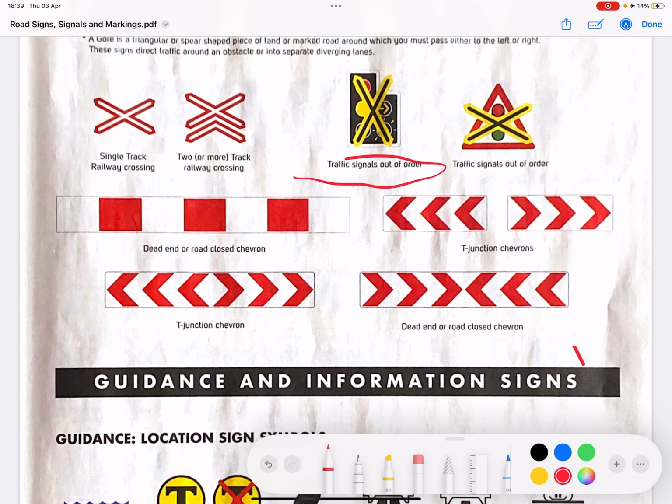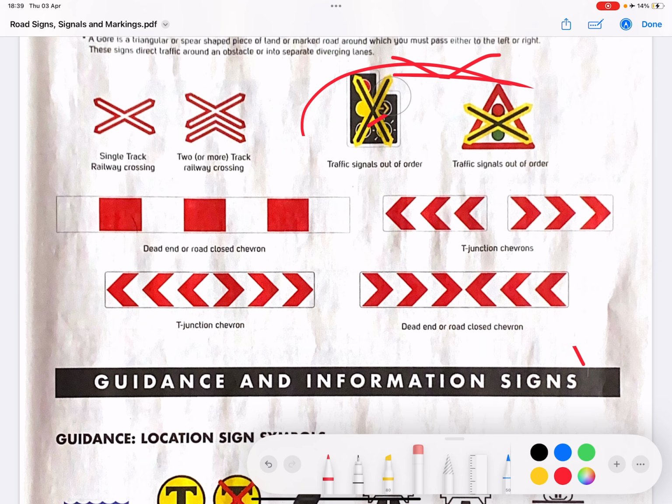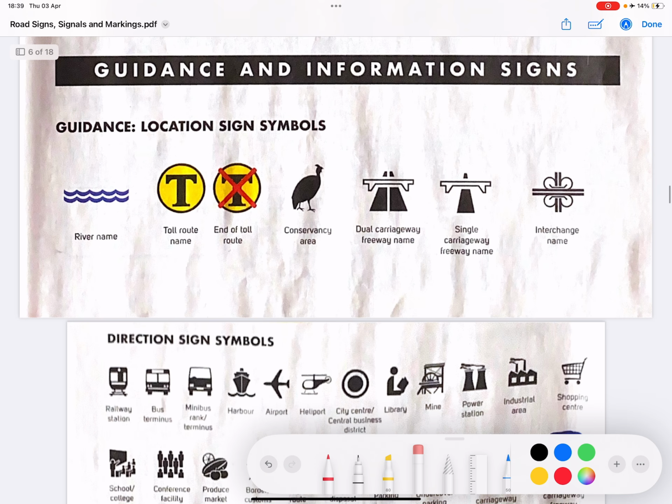Okay? And then traffic signals are out of order. There. Okay. And then you come to dead end or road closed. And then T-junction chevrons, dead end or road closed chevrons again. Okay. Right. Then you come to